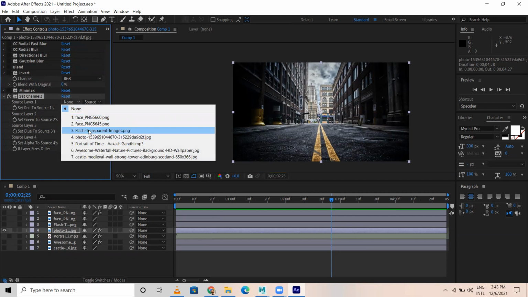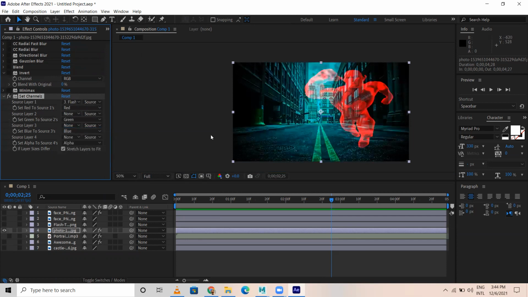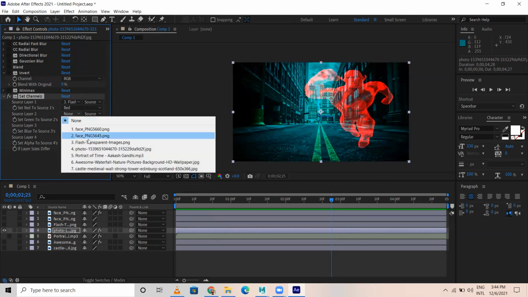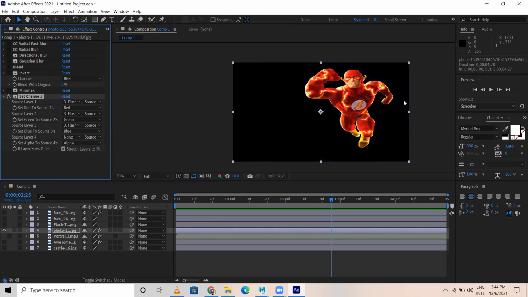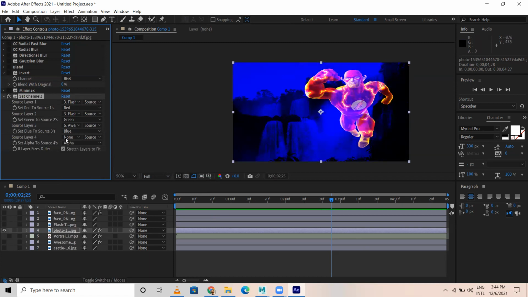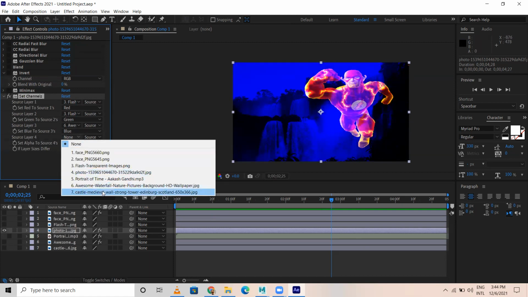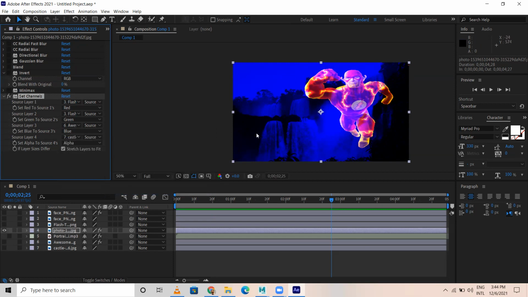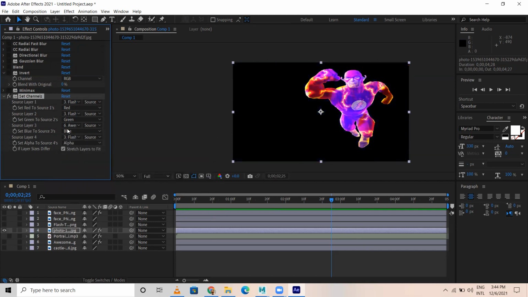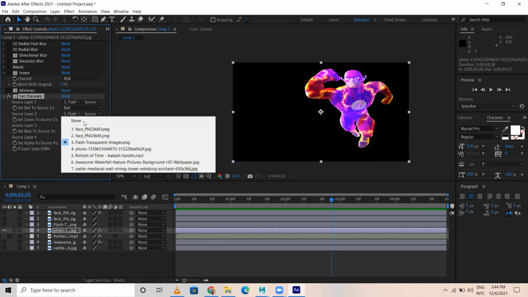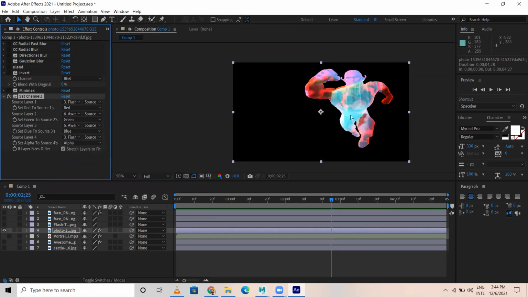You can pick the source as, for example, I'll pick flash. You see only flash red is there. If you want green, I pick flash. Only flash green is there along with this particular image. So again, I'll pick flash. For example, if I go with waterfall, see the flash is on the waterfall, blue effect. And castle, this character is there on the castle. This is of the alpha. Waterfall tint is also here.